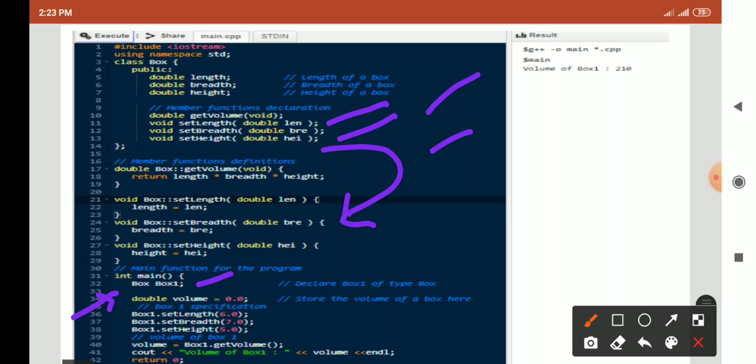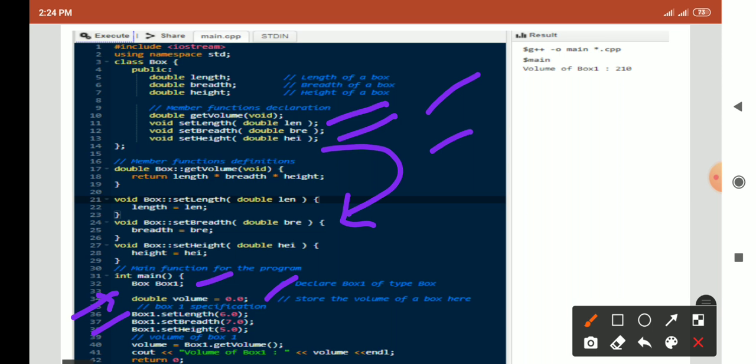Then for storing the volume we declare a variable volume, and next we are setting the length, breadth and height. For setting the length we are passing a value with box1 dot. As you know, for accessing a function you have to use the dot operator.